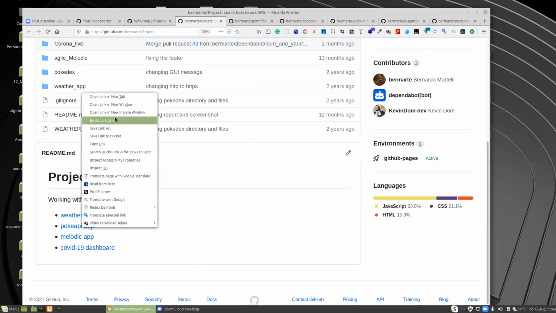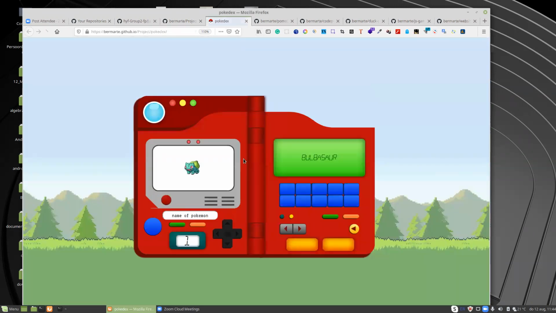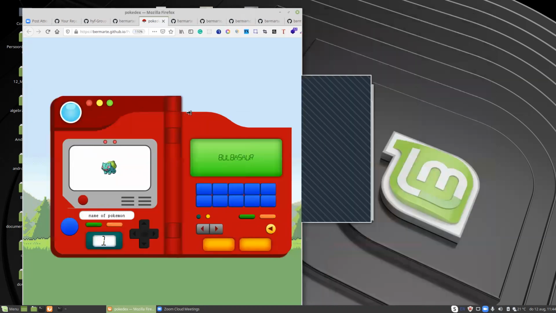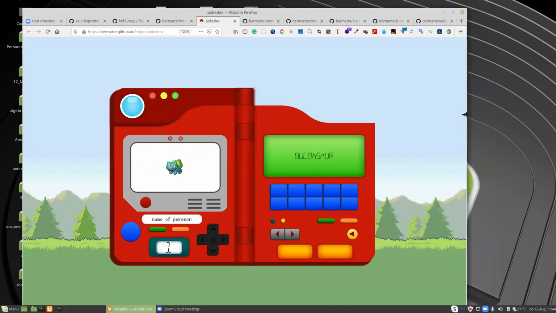For example, I have this one, Poke API, and it's called Pokemon Pokédex because it's using the Pokemon API. So this is made with CSS and JavaScript. I can resize it and change like that. I'll zoom in a bit. So how it works is like here, it's shown the Pokemon. Here all the information. Then with these buttons, we can select some